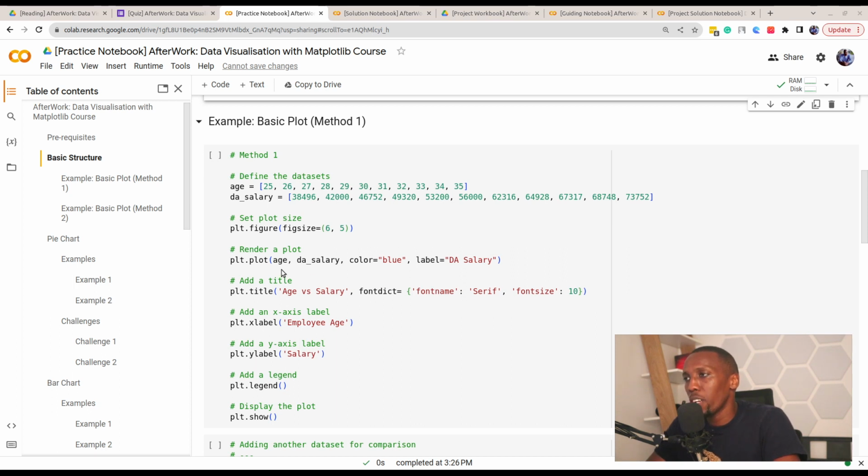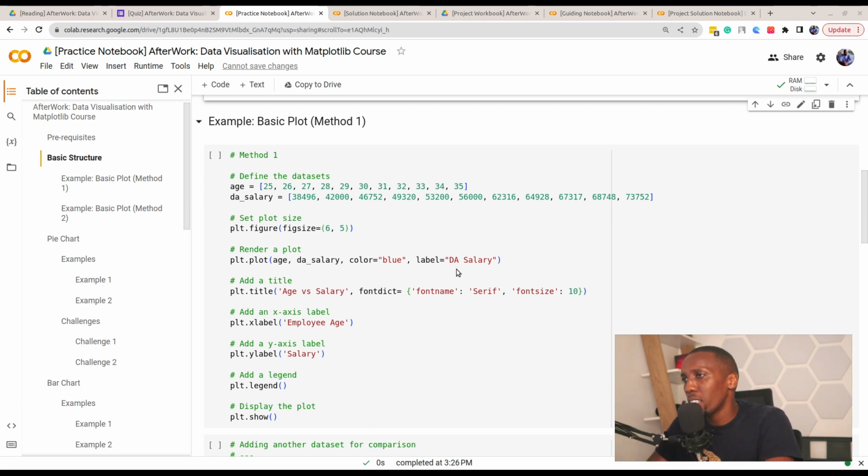So for this plot function, which creates a line graph, we set one of the axes to be age and the other one to be salary. So this could be X and Y. Then we also set another argument. By argument, it's generally like a property of the function, like an attribute, a characteristic of that function. So we set the X axis and Y axis. Then we set the color to be blue, comma, the label of that particular